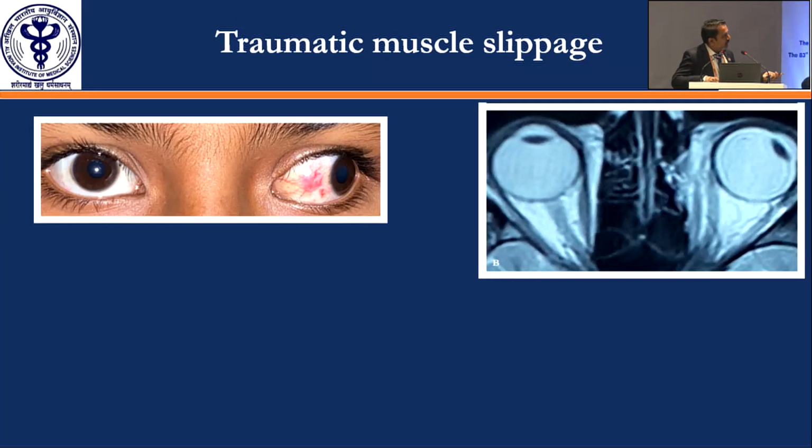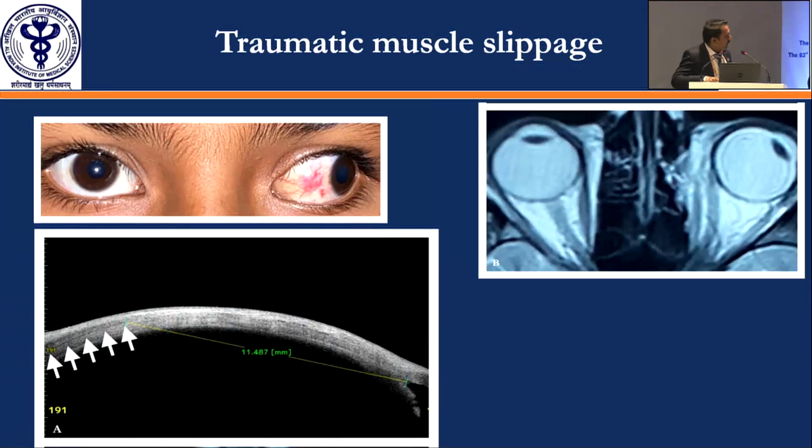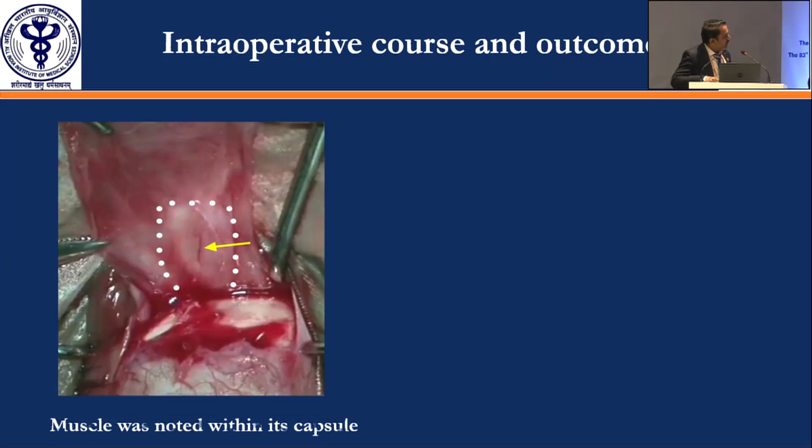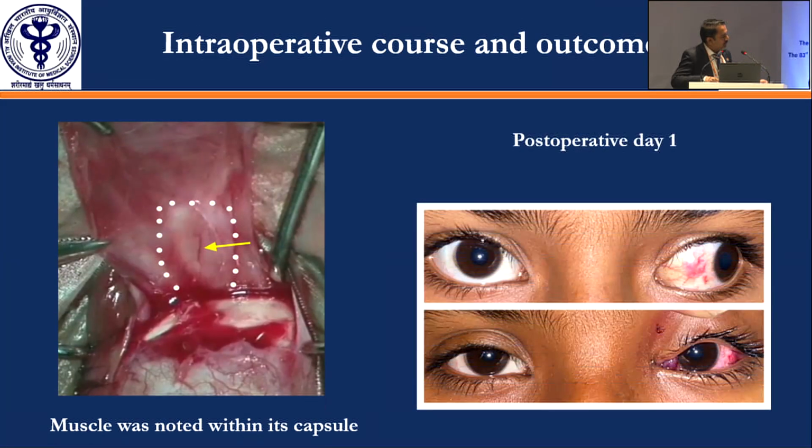We did an MRI, we can see that there is some orbital medial fracture, there is a discontinuity of the muscle, but I am not able to say where exactly the muscle is. I did OCT, you can see that it is quite superficial in the subconjunctival plane, and there is a muscle here which is around 11.4 mm, and I explored. We are able to see the ciliary vessel,